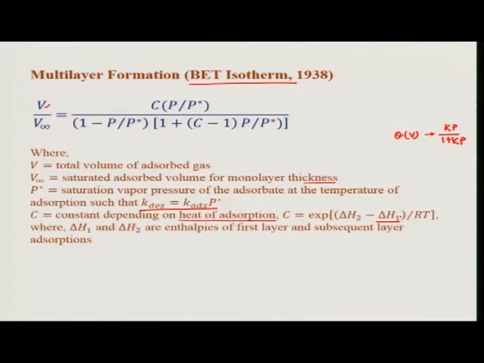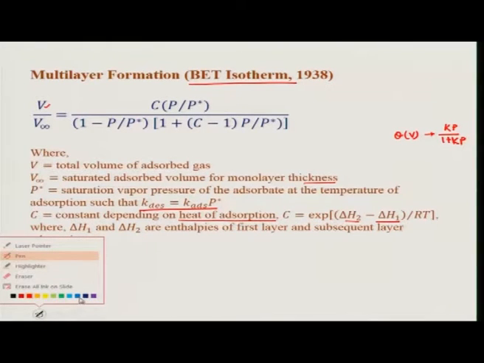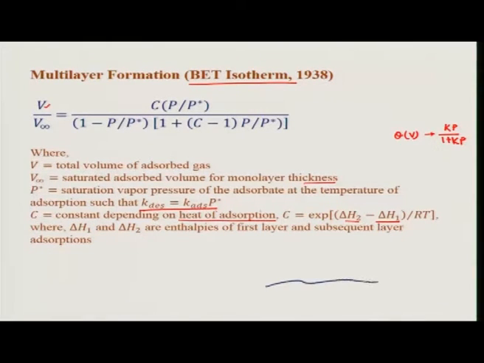And H1 stands for the first monolayer, and H2 is for the second or subsequent monolayers, because these two energies are different: the first monolayer is being adsorbed onto the surface, and the second or third monolayers are being adsorbed onto the same material. To give you a more pictorial view, if this is my surface,